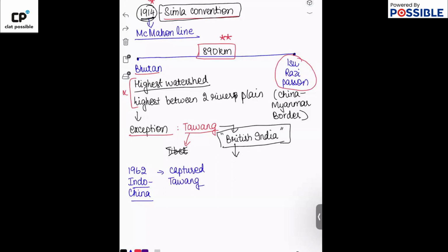Yes, they did not have that much ammunition left, or food and drink, or any of these things. And because of that they had to retreat. But that is why Tawang, as very rightly said, which is close to the Assam plains, was made a part of British India, and right now it is very much an integral part of India. If we talk about the 1962 war, of course we will talk about it shortly,